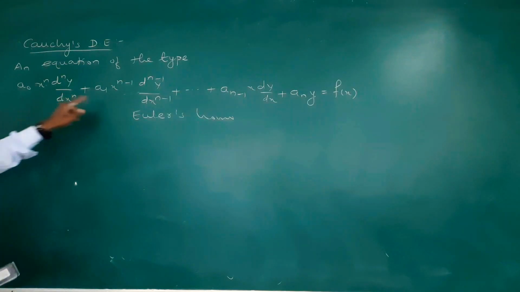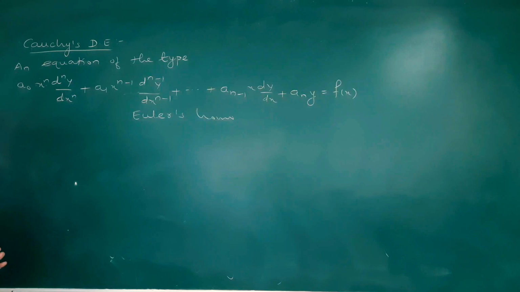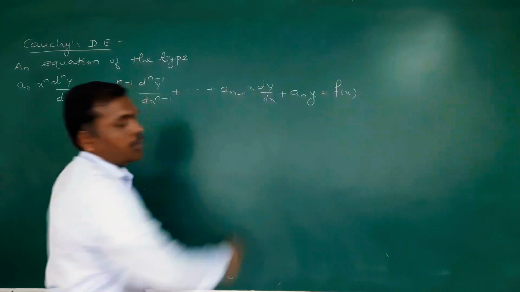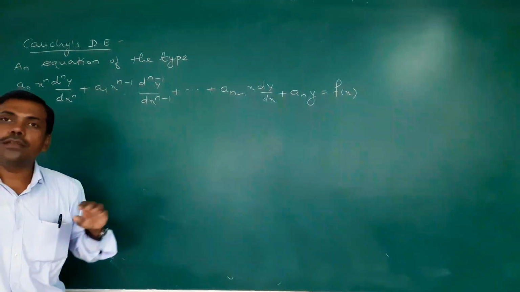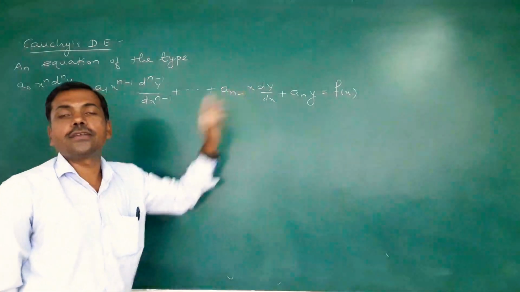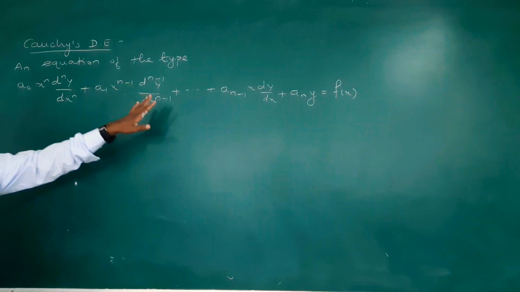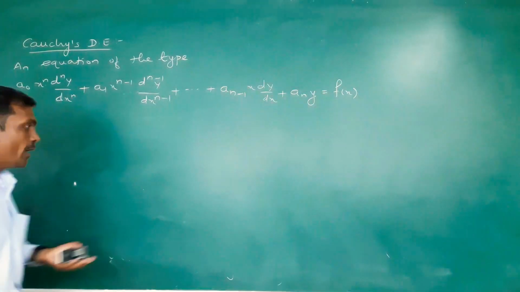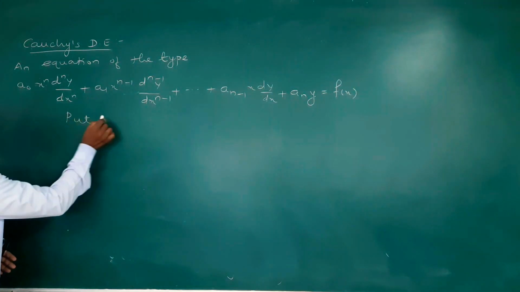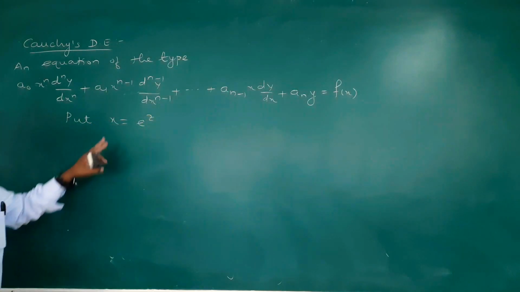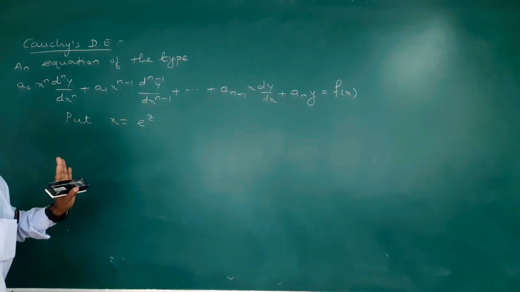Right? So x is multiplied into that, that is the term x into dy by dx. So x is extra. If you remember my first lecture on linear differential equations, you can see this type of expression there. There is no x there, and here x is present. Power of x is also present. So we have to reduce this equation into a linear differential equation. How are we going to reduce it? By using substitution. So put x is equal to e raised to z. Our substitution is x is equal to e raised to z.